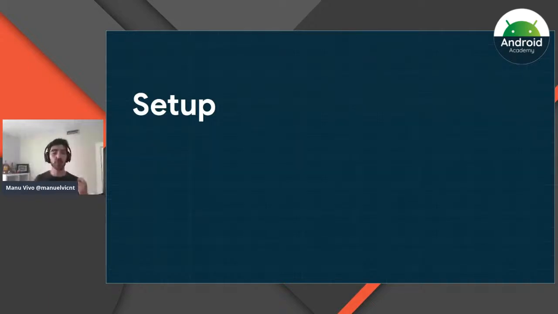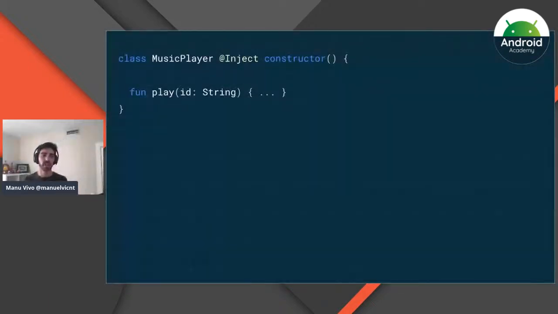And the way to tell Hilt how to build an instance of something is with this @Inject annotation. For example, in the music player, we put @Inject on the constructor, and this is going to tell Hilt how to create instances of music player. And that's it. You need to annotate the constructor, as I said.